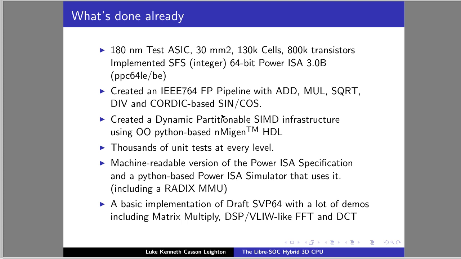It's parameterized because it's in Nmigen. In Nmigen, you can pass in Python parameters. It's object oriented. So we have FP16, FP32, and FP64. And I'm really not kidding, there are well over 500,000 unit tests. It takes something like 3 to 4 days to run the unit tests on that